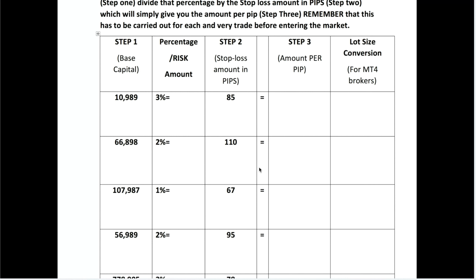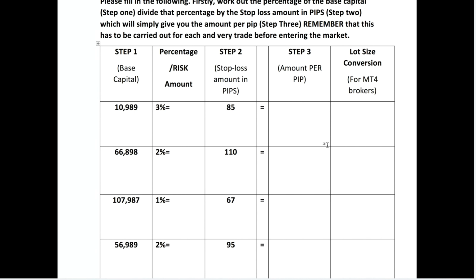Always use the risk reward tool to see if it lines up. So in this case, let's say we were risking 85 pips. We're going to be going for a minimum of 85 pips for that 1-to-1 risk reward. If you have a 1-to-2 risk reward, you're going to be risking 85 pips for around 160, 170 pips, 1-to-2 risk reward. So that's that. And then you've got the amount per pip, which obviously we need to know in order to place into our broker account,